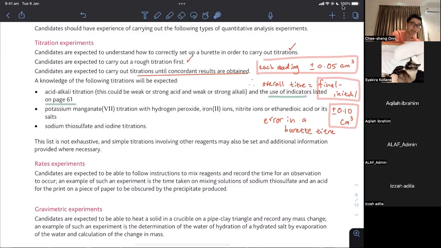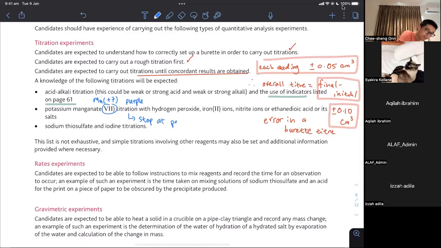The potassium manganate(VII) titration. This one is your manganese plus 7. This one is the dark purple color, and it will go to pale pink or colorless. If you have the purple color in the burette, you have your flask. You keep on dropping it, and it will immediately turn pale pink or colorless. You do not stop when it's colorless. You stop only when one extra drop from the burette and the purple color is not going away. You don't stop when it's purple. You stop when it's permanent pale pink. That is how you know